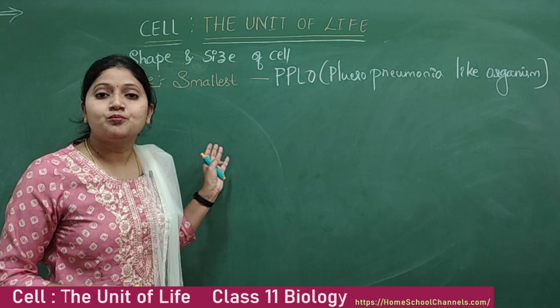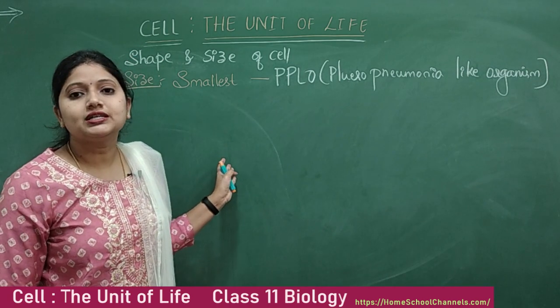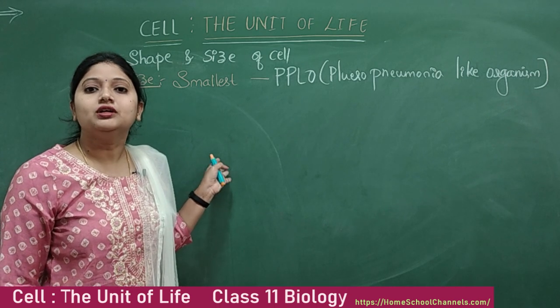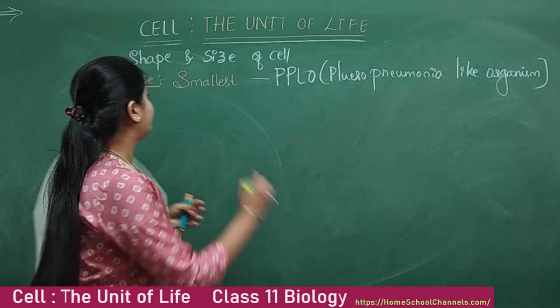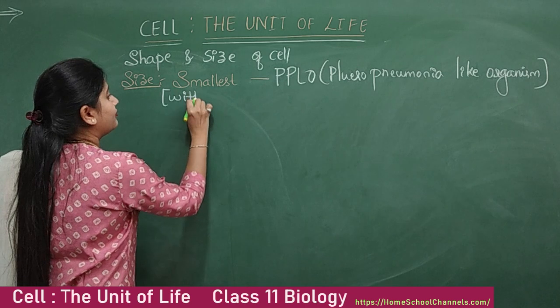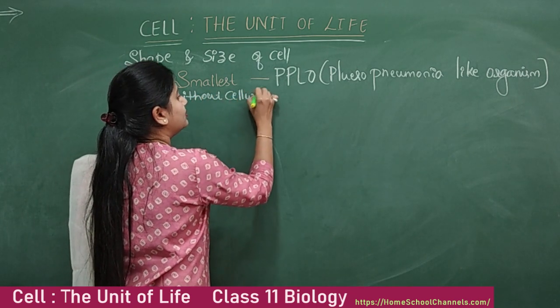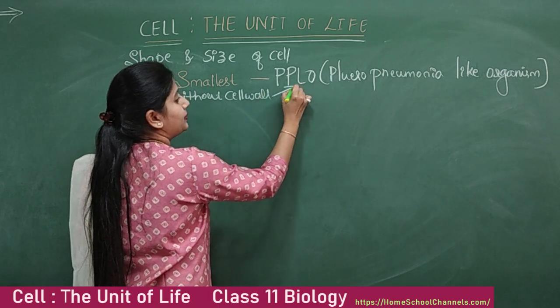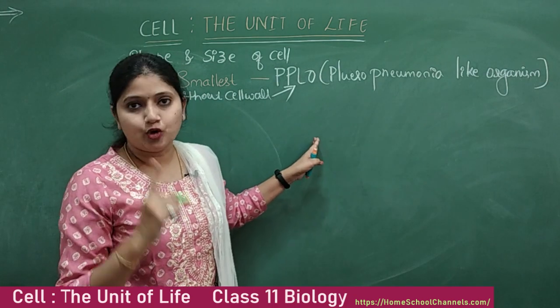Which is the smallest organism with cell wall, or which is the smallest organism without the cell wall? If it is without cell wall, it is the PPLO,